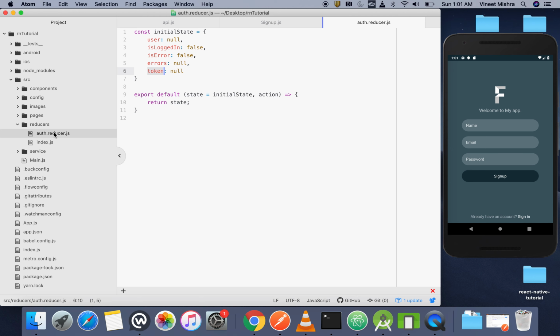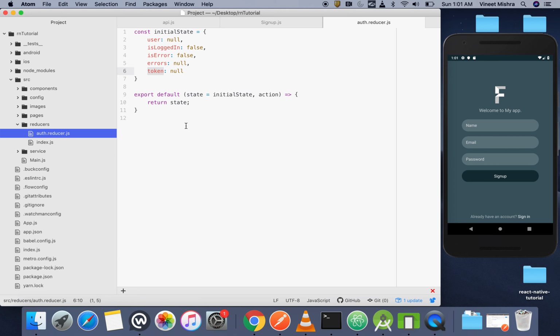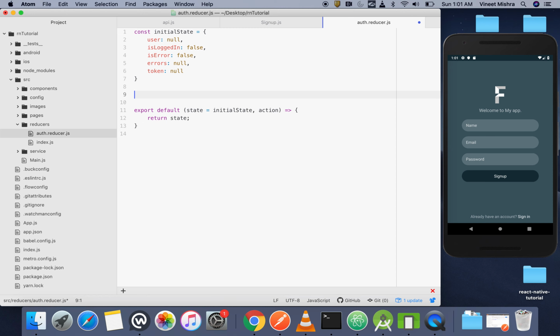So let it be auth reducer. And there is one function which we are returning. So we'll create a new function which is create